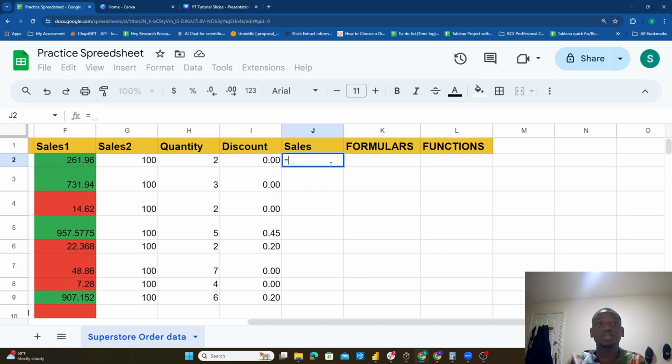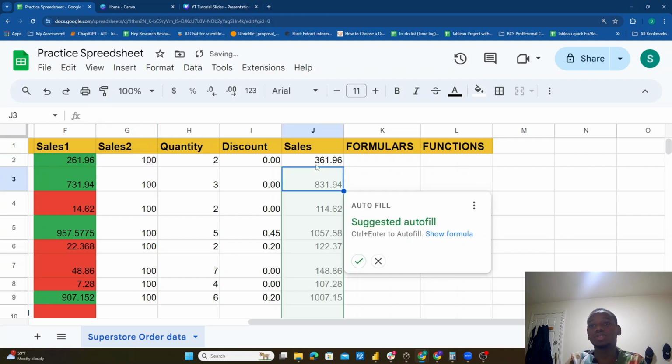You need to put in your equal to sign, then you come here and click on the value that you want to add. So when I click on 261.98, it signifies F2. What I've been mentioning from the start of the video is that all of these are cell references, so it signifies F2. Then I'm going to put a plus sign, so you type in plus, and then you click this. When you click on the other one, it gives you F2 plus G2, which gives you also